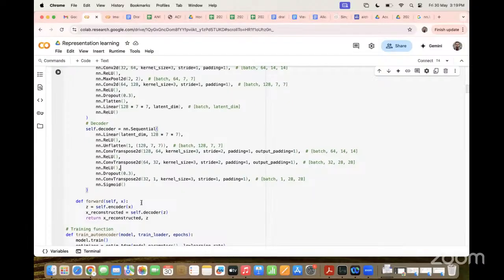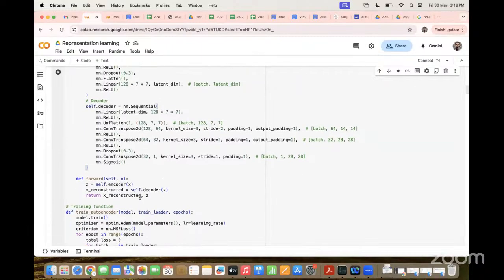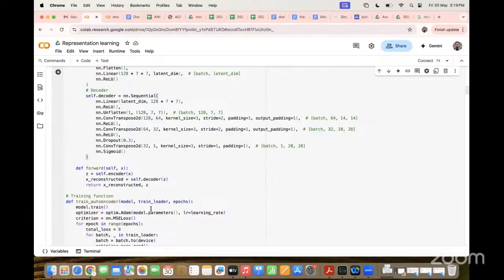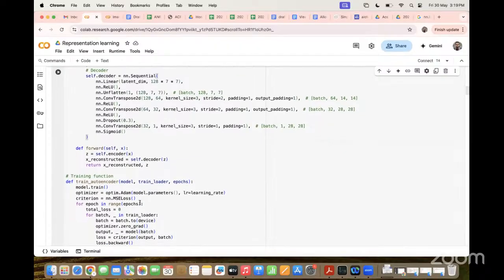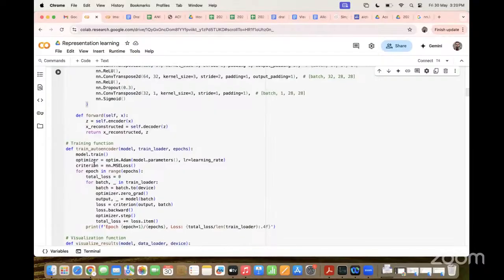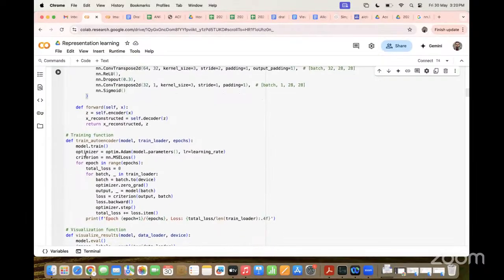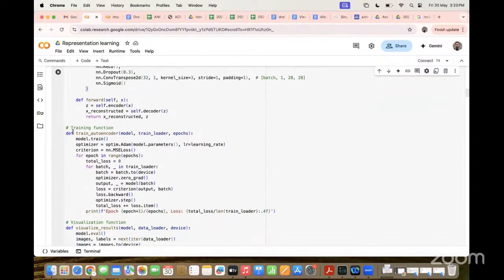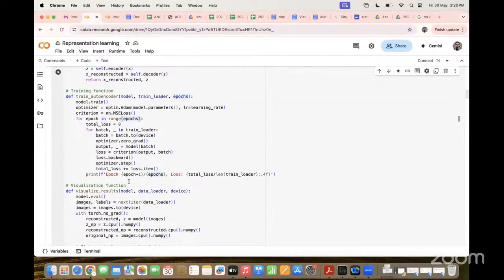Here it's a basic training function we define, the encoder, then epochs, these regular things.